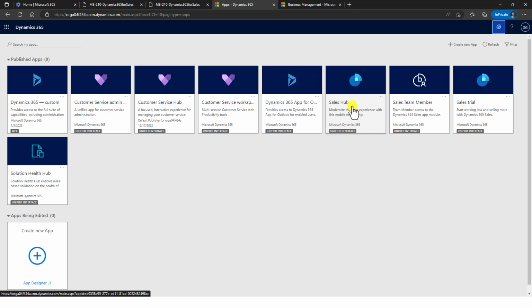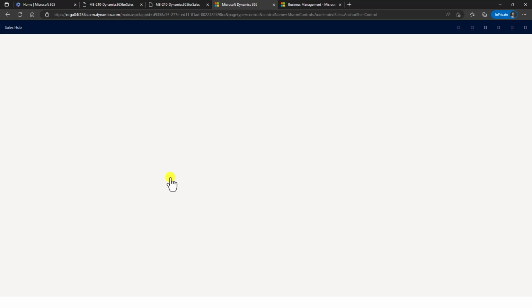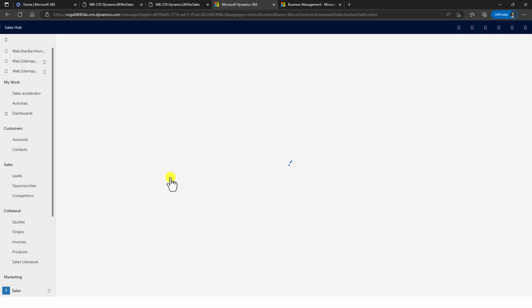To load any of these apps, simply click on the app, Sales Hub or Sales Professional, and you will be able to see the module. As you proceed with the development or configuration of this module for the business, things keep on changing. You would be changing the sitemap and the layout of things. Now earlier, before the Sales Hub or the Sales Professional app, we used to have the Dynamics 365 Custom module,